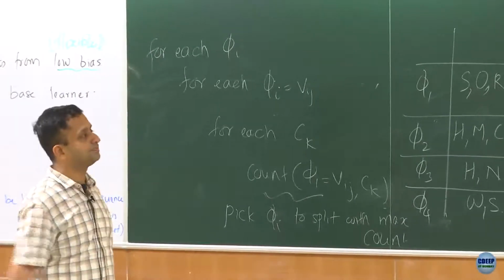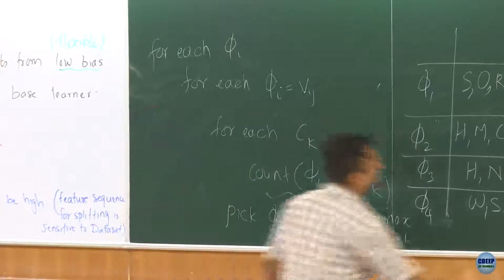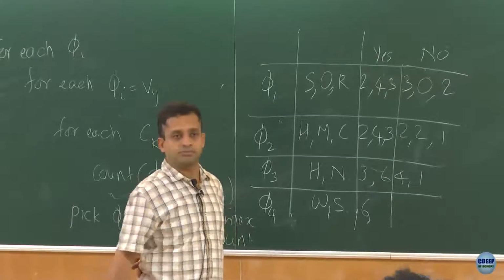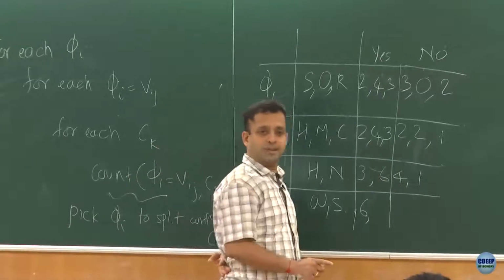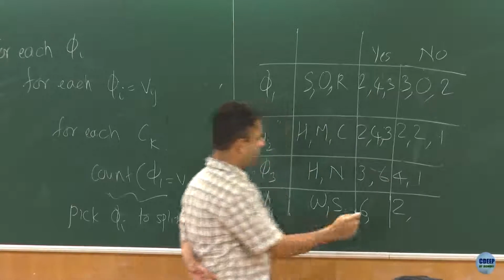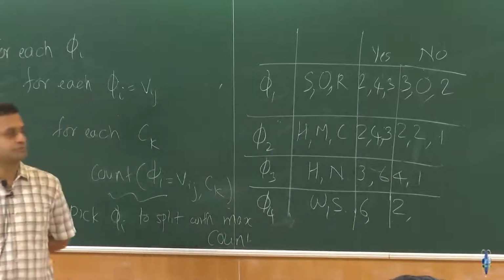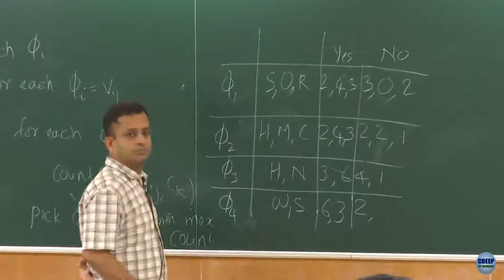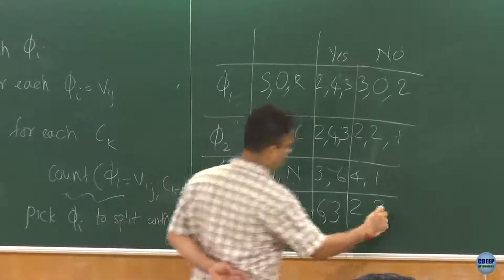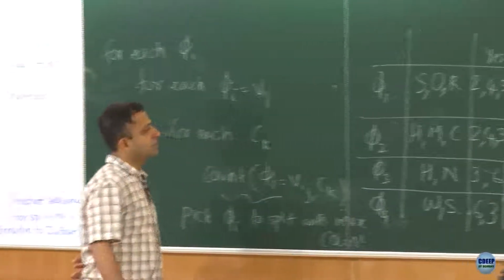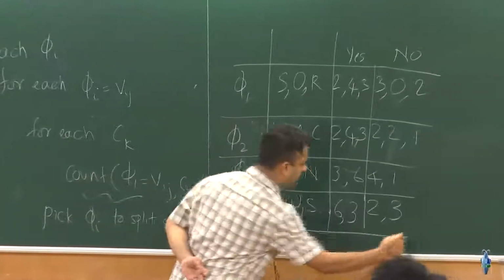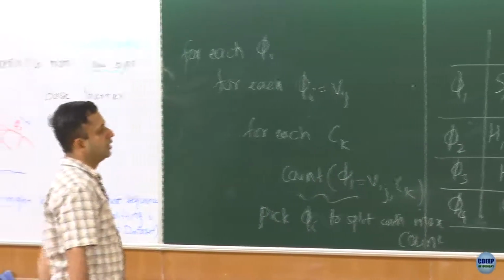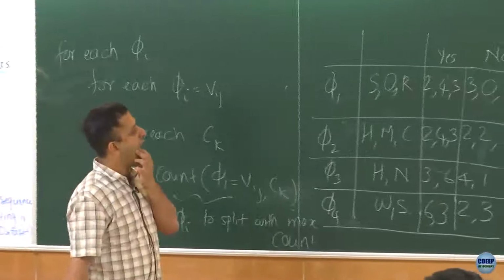What are the counts? 6 times played, 2 times, twice did not play. And with strong wind, okay, so